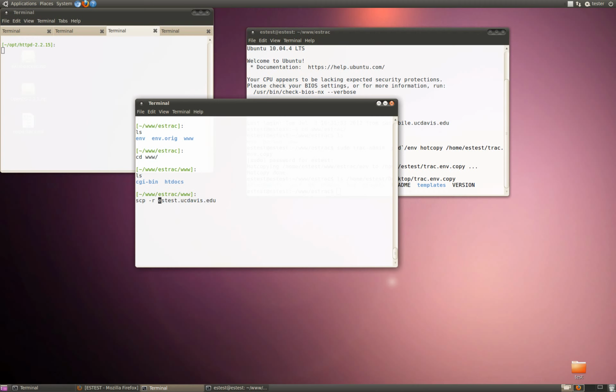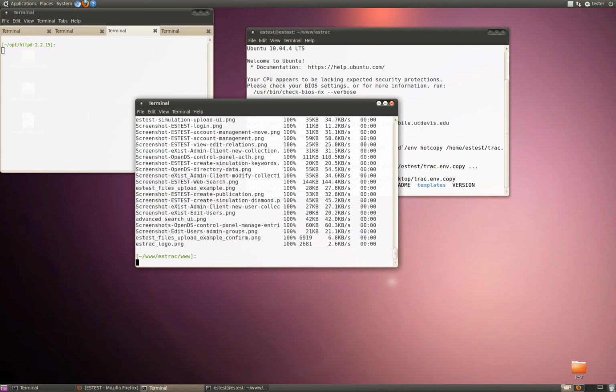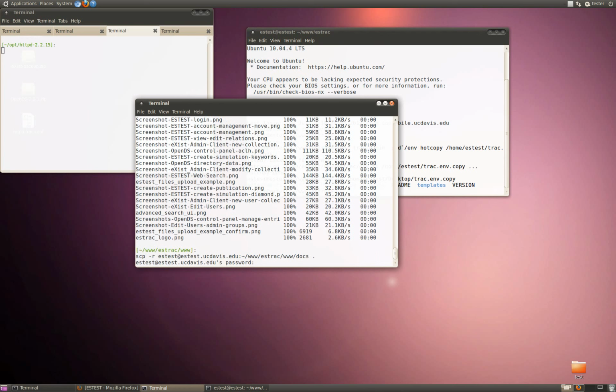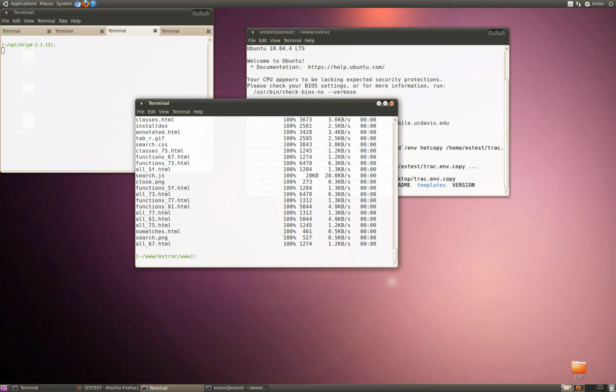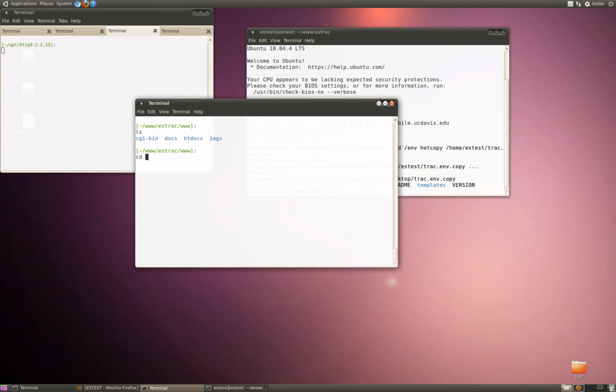We need the username, trac/, and then also this docs directory, just like that. Okay, so we finished copying over trac from ESTEST.ucdavis.edu into localhost, and these two things should be